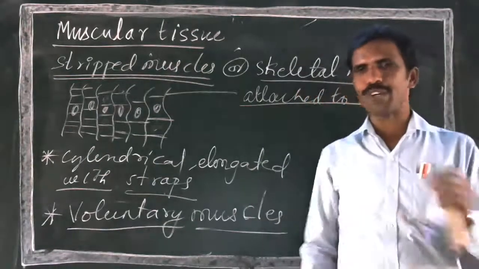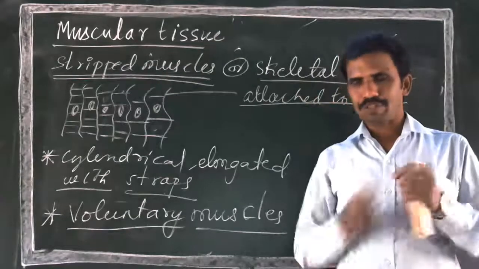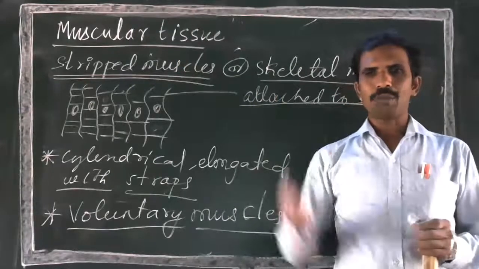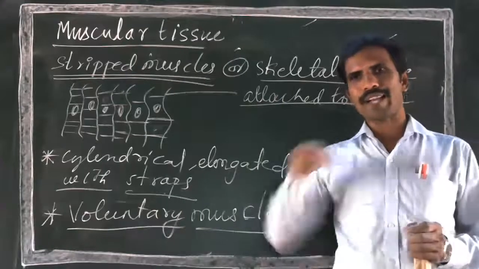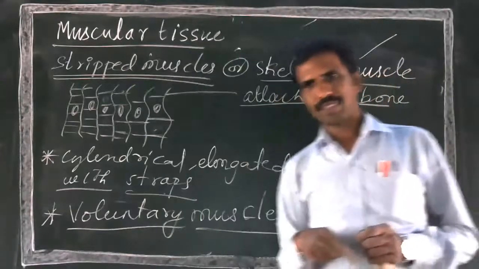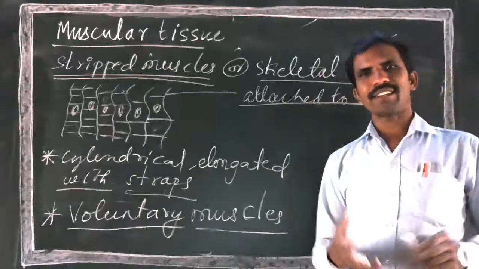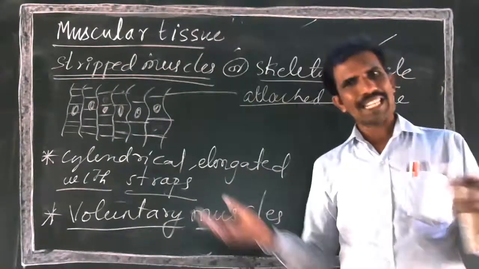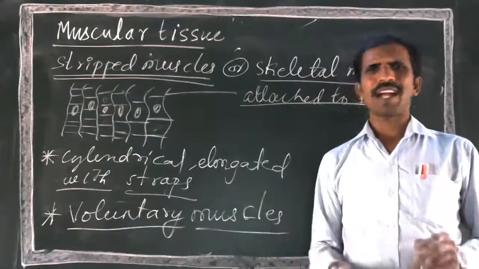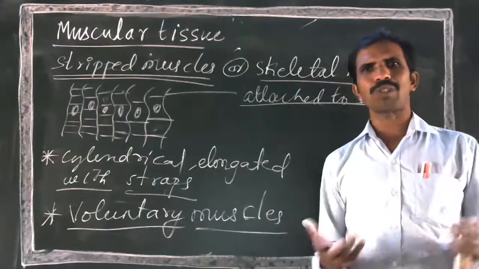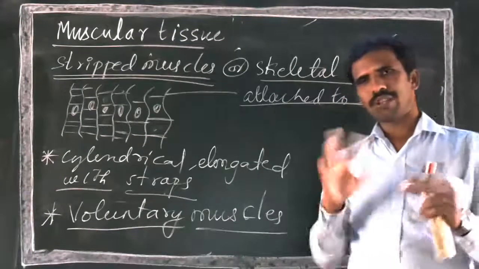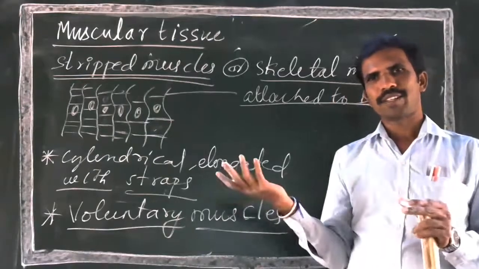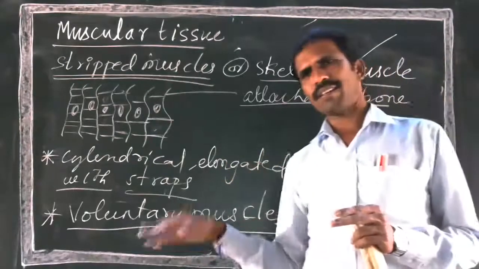See, I am kicking a football. It is in my control. I will put force to the football and the football moves a certain distance. How much strength I am putting, how much force I am applying, depends on the individual. Fighting does not happen automatically. We will only kick somebody, we will only beat somebody with hand or any materials. During fighting, there will be a lot of muscular activities involved. Not only striped muscle, unstriped muscles are also involved. All these are involved.